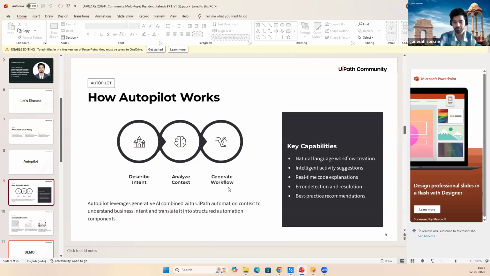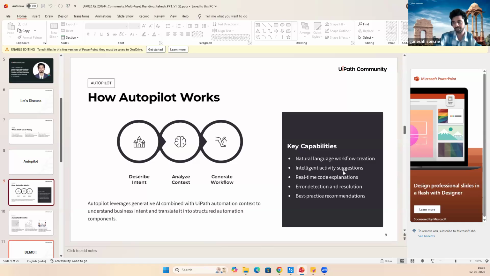It also generates workflows. We can give it a document and a screenshot, and it will create the workflow as well. That's the main feature of Autopilot.